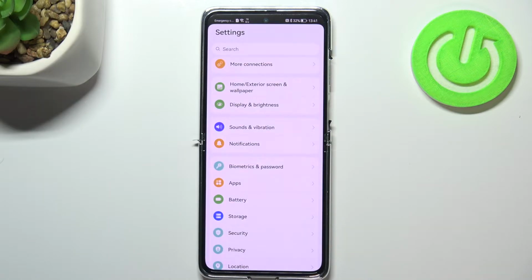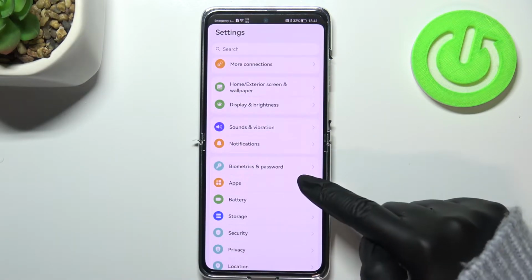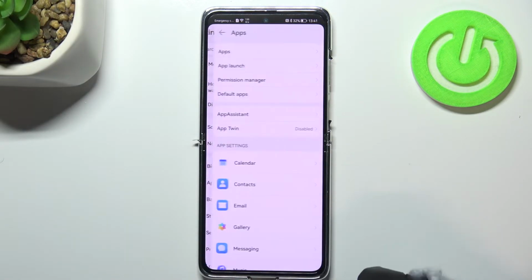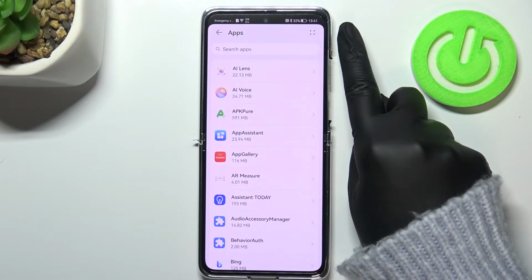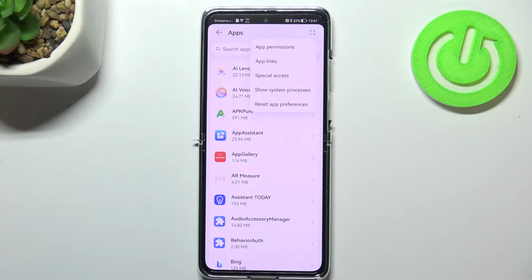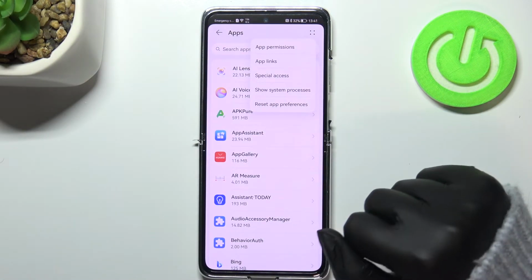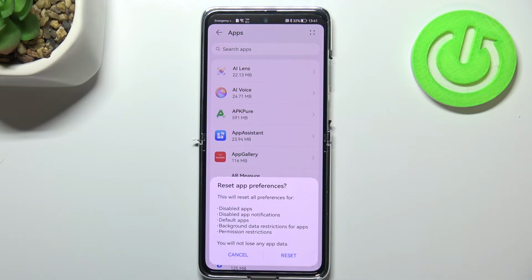So first of all, let's enter the settings, and here we have to enter apps. They should be right under biometrics and password. Now let's enter apps at the very top and pick the 4-dot icon in the right upper corner. And as you can see at the very bottom, we've got reset app preferences option, so let's tap, and here